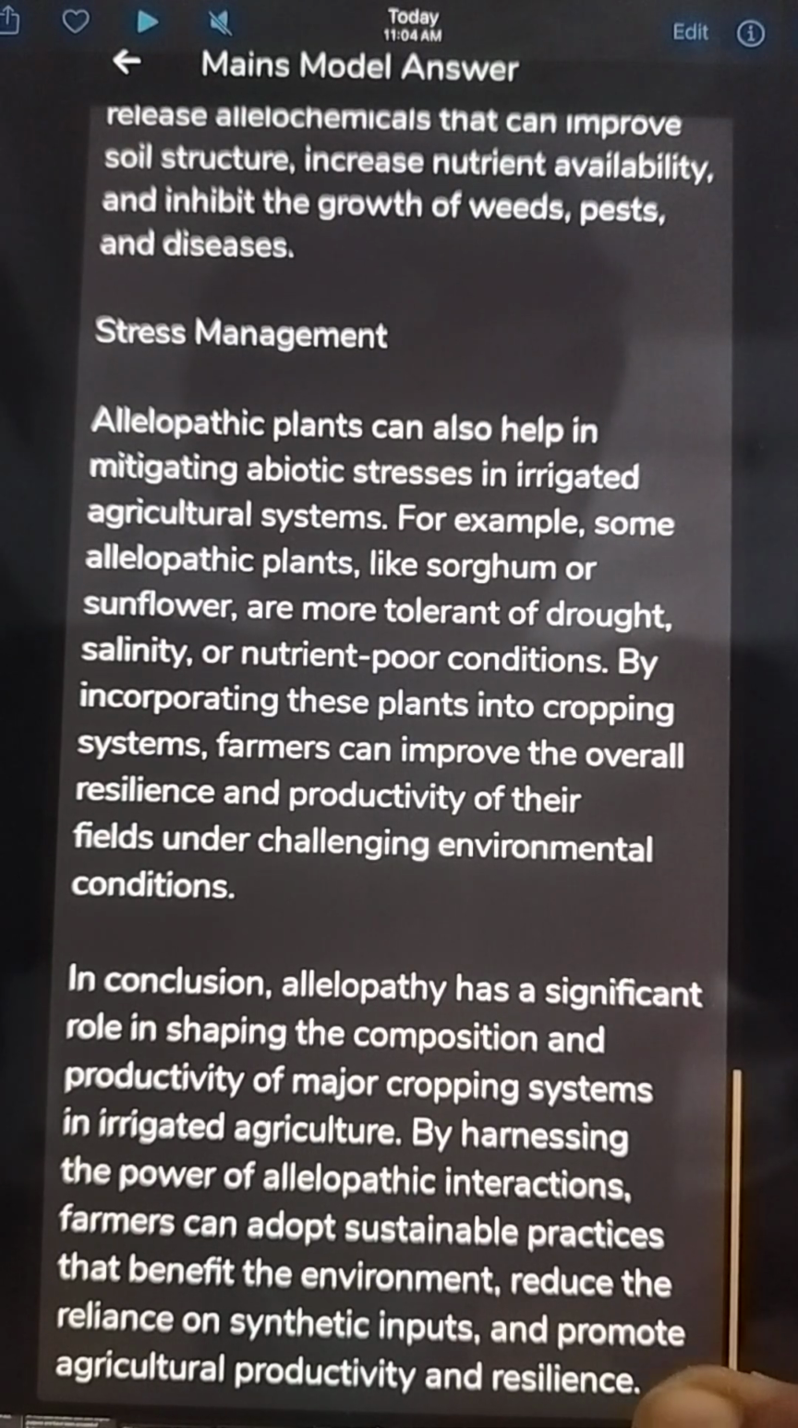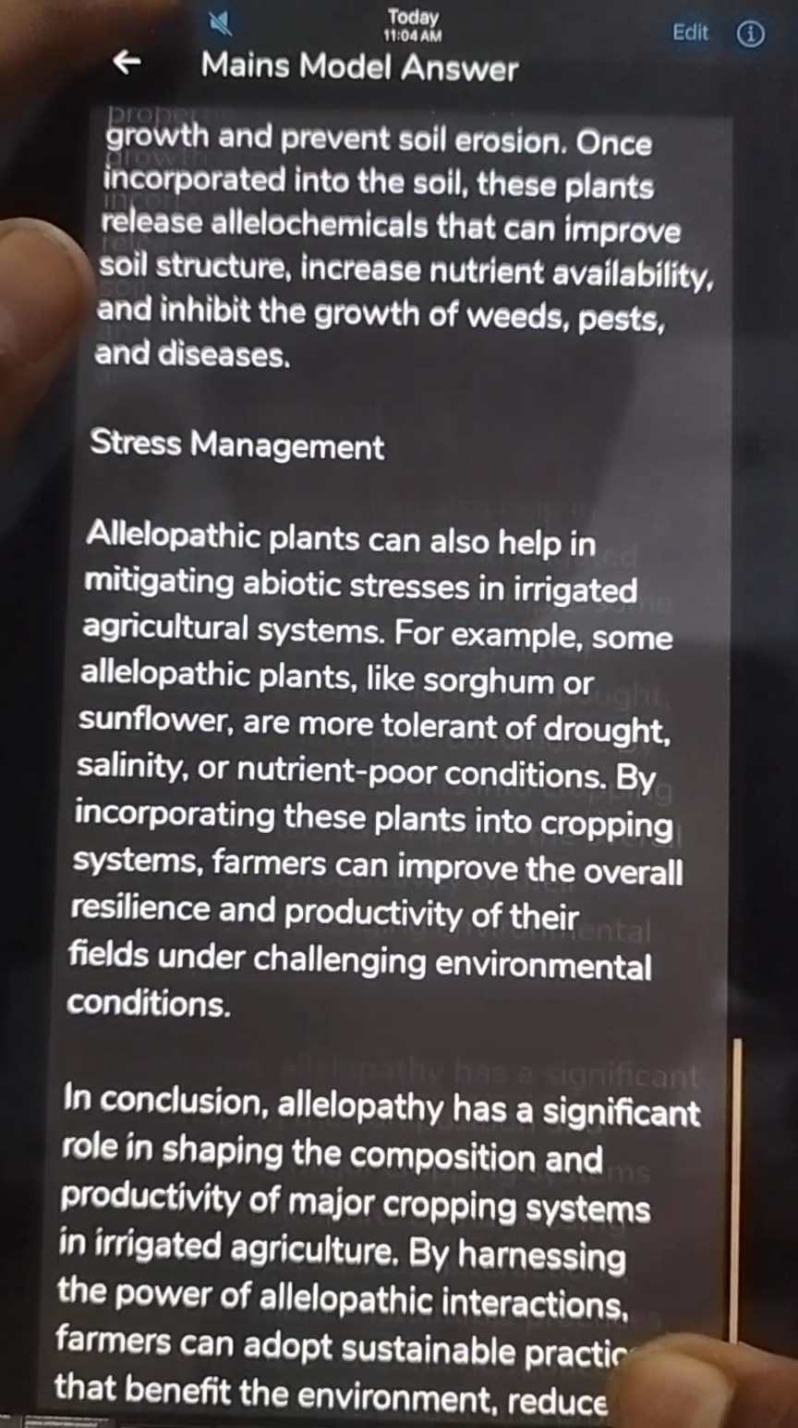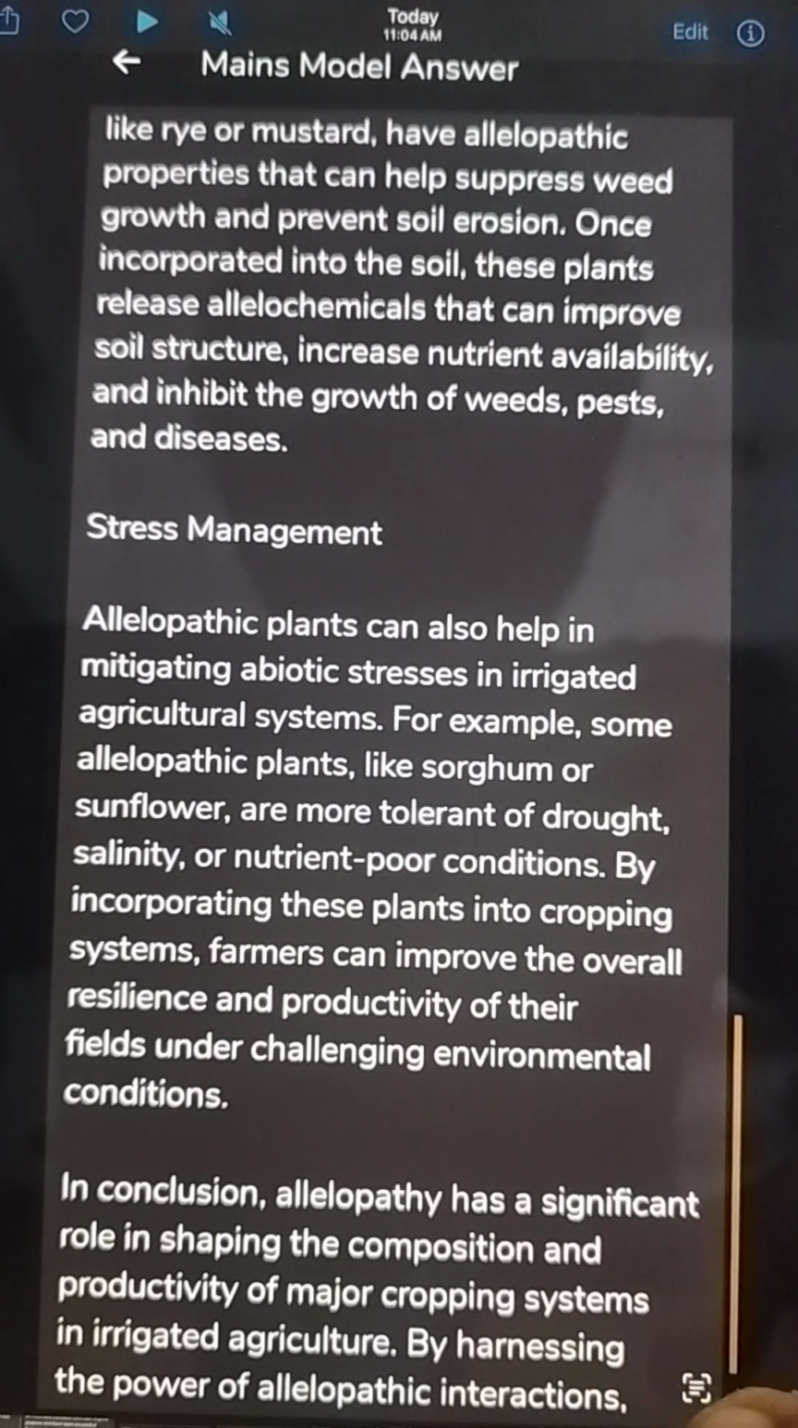Allelopathic plants can also help in mitigating the abiotic stresses in irrigated agriculture system. For example, some allelopathic plants like sorghum or sunflower are more tolerant of drought, salinity, or nutrient poor conditions. By incorporating these plants into cropping systems, farmers can improve the overall resilience and productivity of their fields under challenging